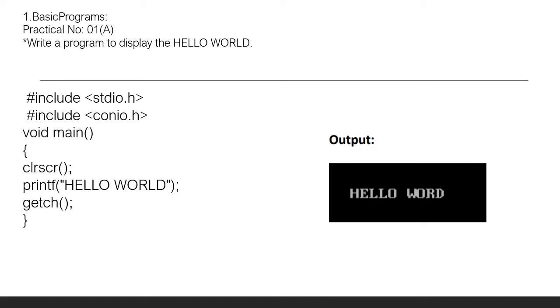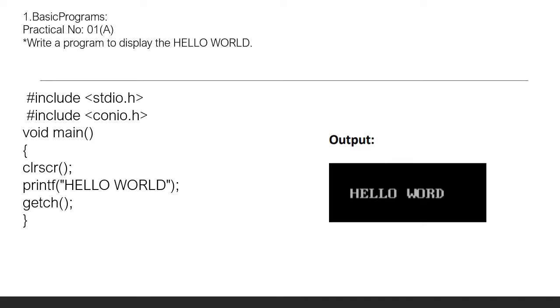Over here I am using #include <stdio.h>. Now this is my C program, so that's why I am putting my header file, stdio.h. stdio.h is nothing but a header file, or you can call it a library file. This file provides us two functions: one is output and the second one is input.